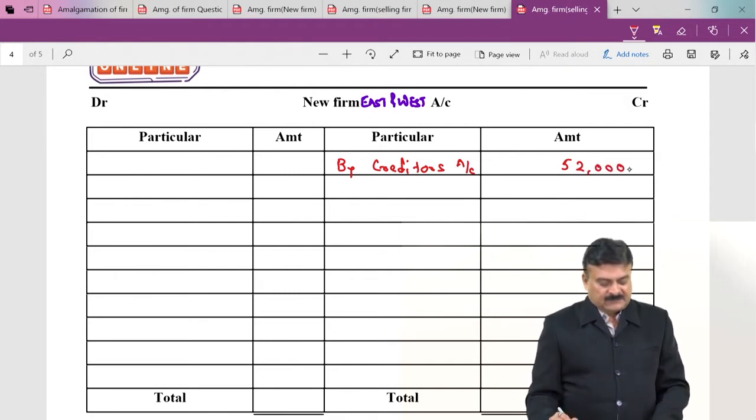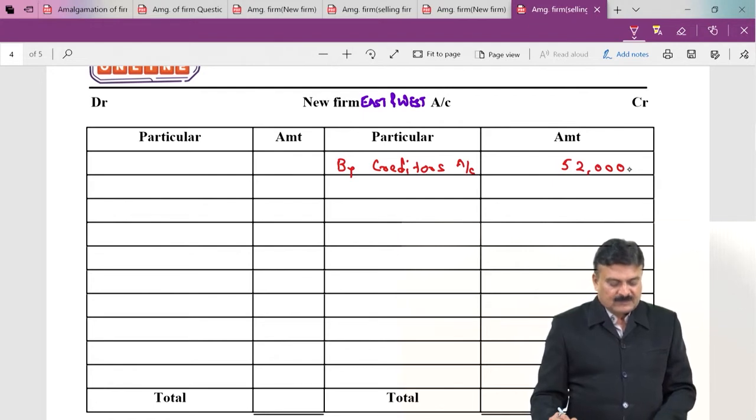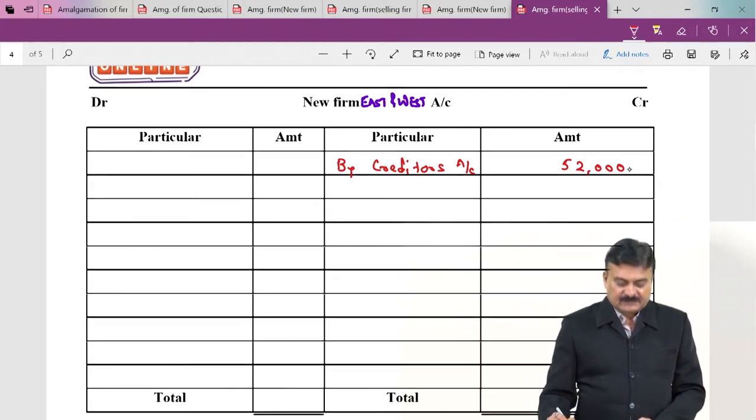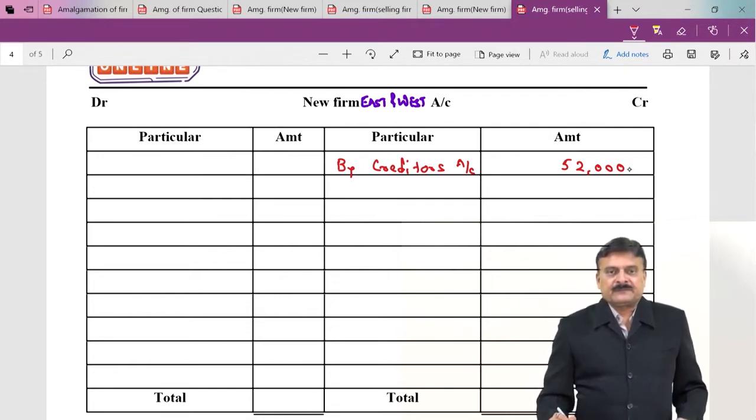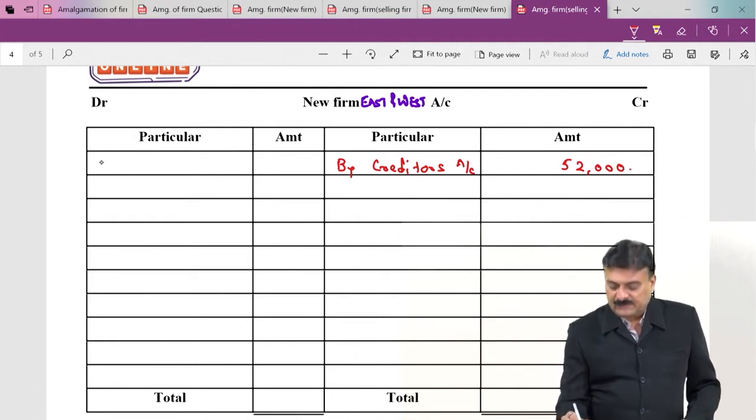Okay. Next, bank overdraft, not there. Assets, property, 74,000, and on that 74,000, look at the working note, the adjustment part. What is the agreed value of property? Agreed value is 1 lakh. So, it is taken over by new firm. So, debit to